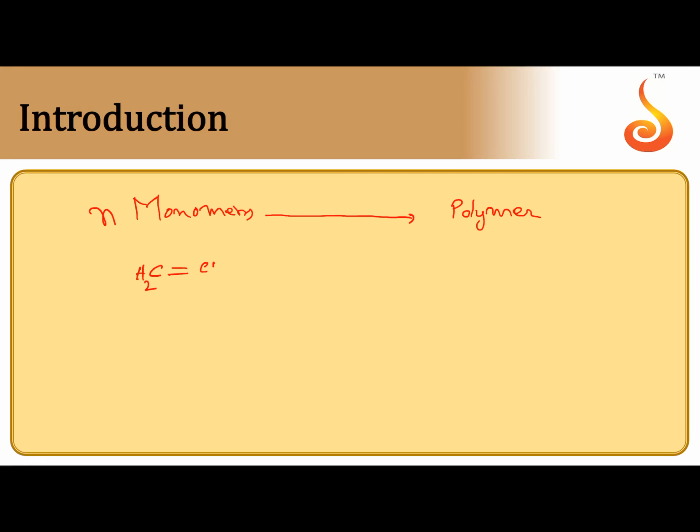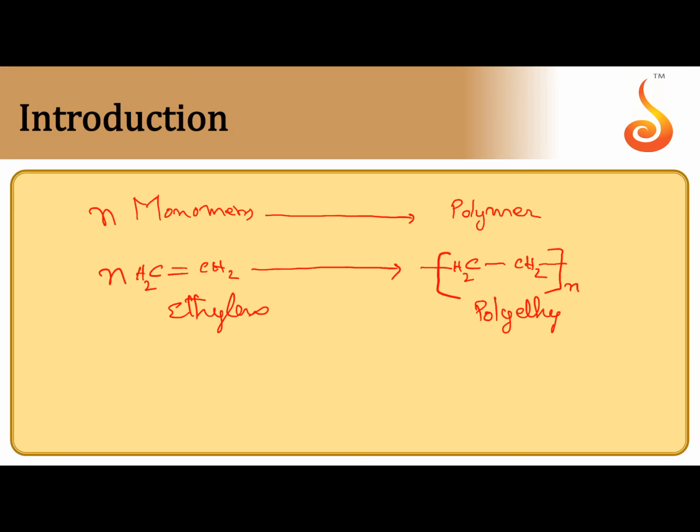Let us take ethylene. Take n number of ethylene molecules; under suitable conditions they undergo polymerization, the C-C pi bond is broken, and each carbon gets attached to an adjacent ethylene molecule. This is the repeating unit. This type of reaction is called addition reaction. The name of the polymer is based on the name of the monomer. The monomer is ethylene, that's why polyethylene. If you use the IUPAC name ethene, we get polyethene. So this is addition reaction.